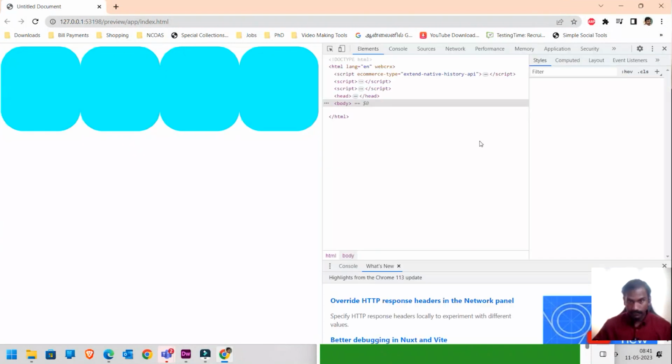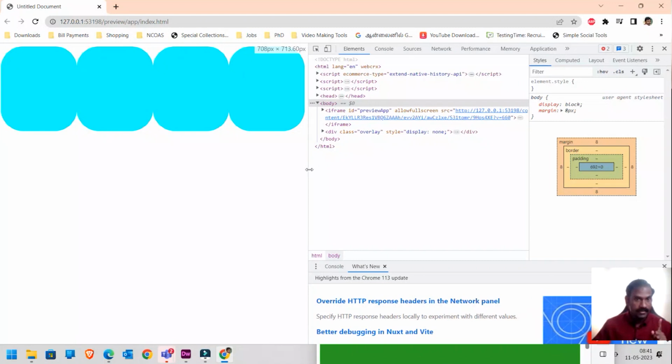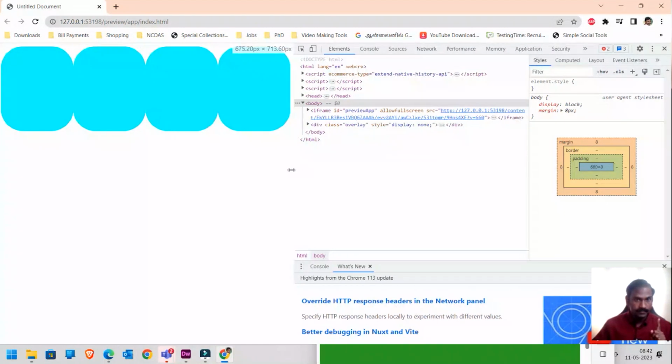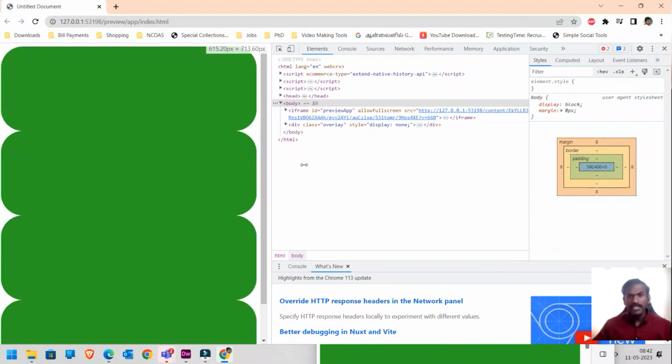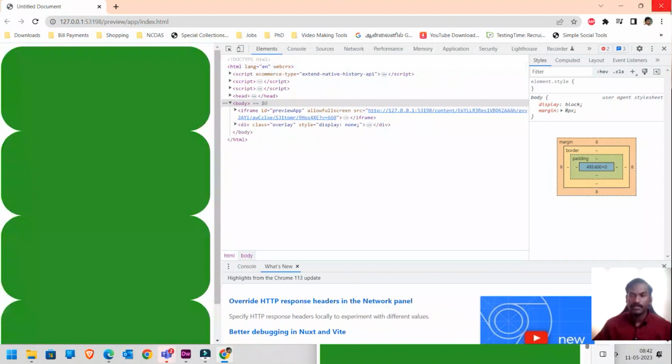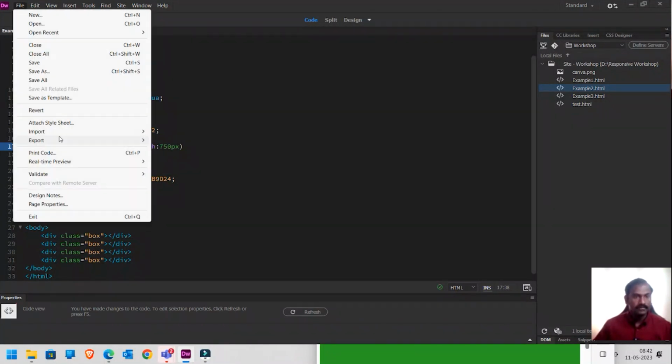That's the big size. Let's just press F12. There you go. Still the same. And if I go below 650, there it is. Now the color has changed, and it changed the layout as well. We can also change this from 650 to something else. Let's make this 750. File, save all,